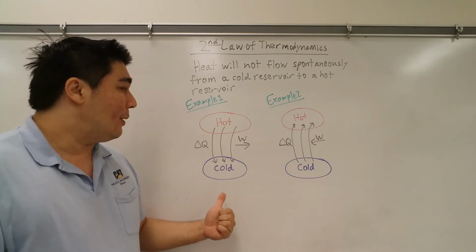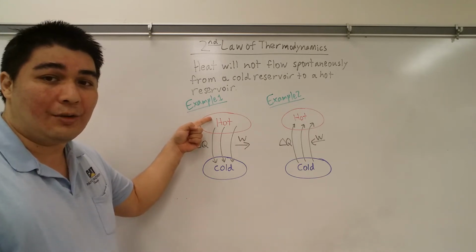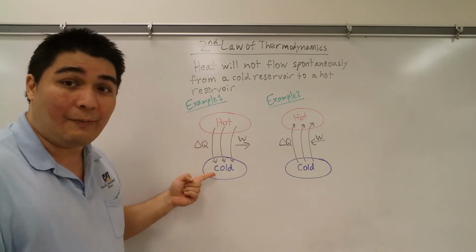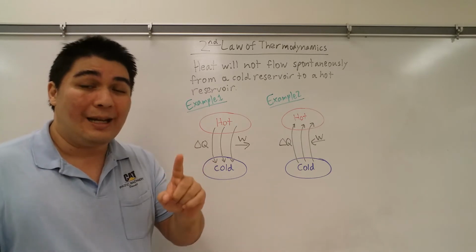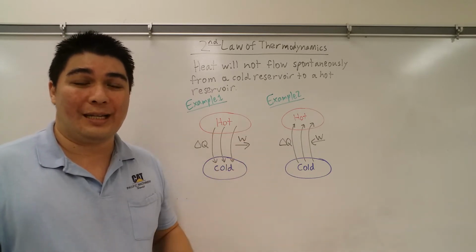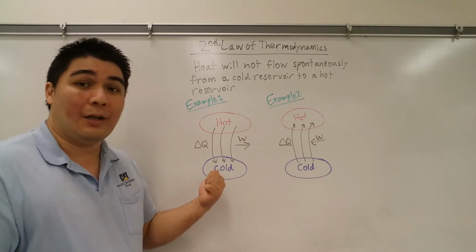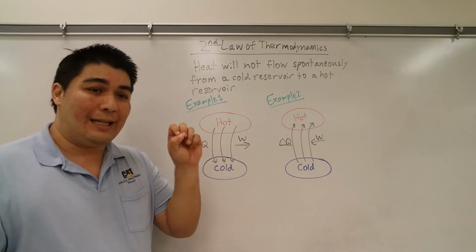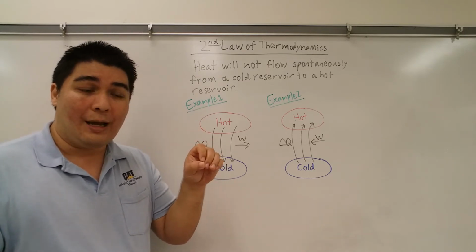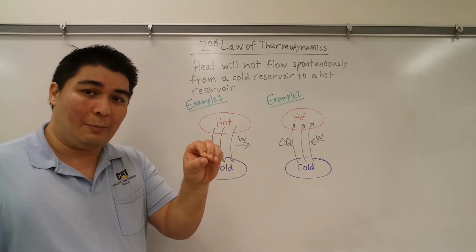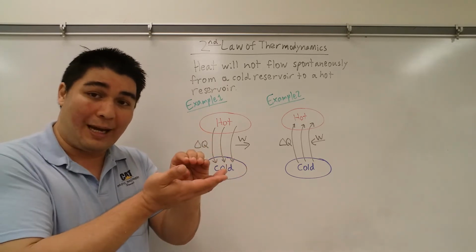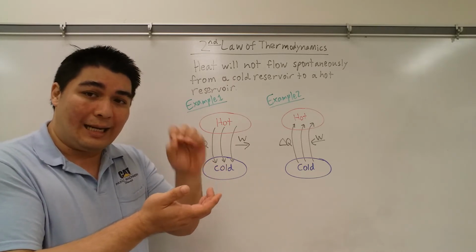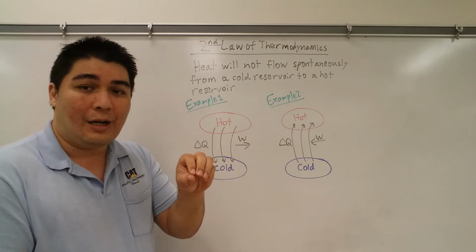But in example one, what happens is you have high energy or something that's hot, and it's going into something that's cold. Heat is being transferred, obviously, because there's a transfer of energy, but you can also get work out of that system. So an example of this would be the engine in your car. Because when the spark plug ignites the gas, so there's the fuel injector, and it injects fuel into a small place in the compacted side of the pistons in the engine, and then the spark plug fires, it ignites that gas, and the gas pushes on the